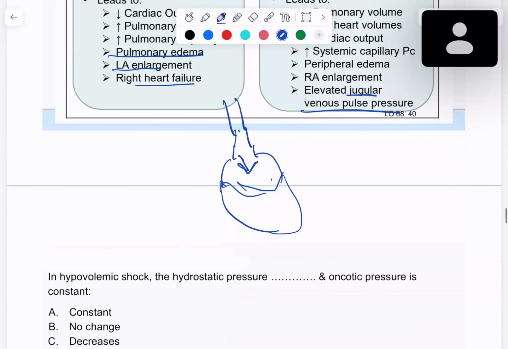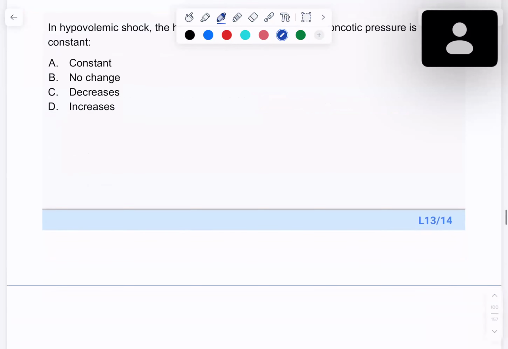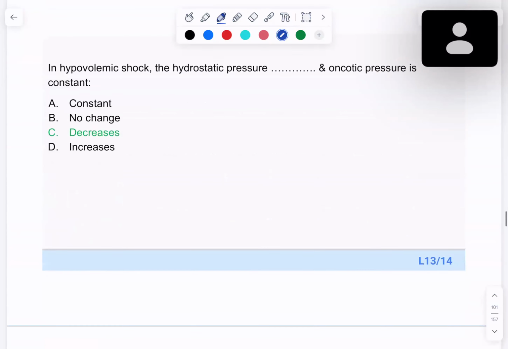Excellent. Okay. So last question for the cardiology part. In hypovolemic shock, the hydrostatic pressure will what? Well, the oncotic pressure is constant. Will it increase, will it decrease, or will it not change? I'm seeing C and B. Tamam. The correct answer is, excellent. The correct answer is